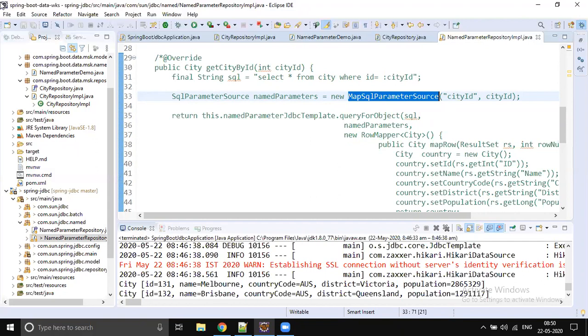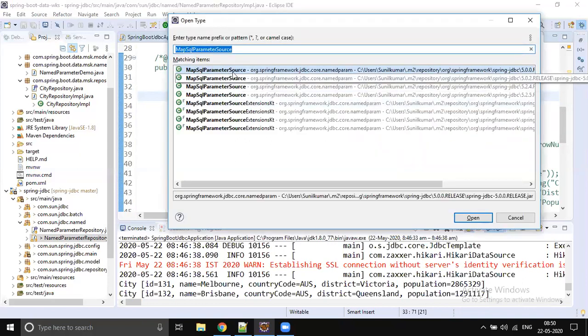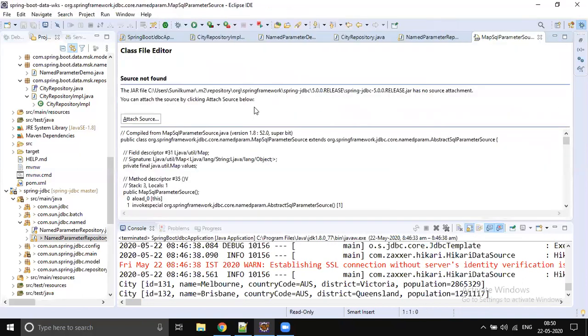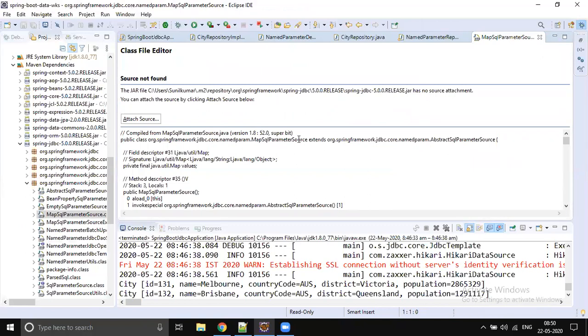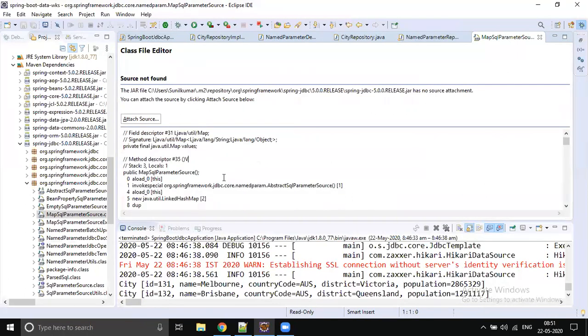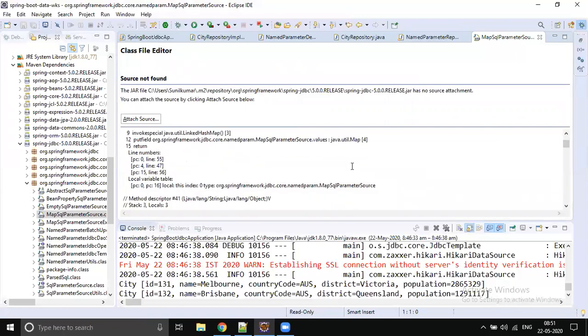In SQL parameter source, how do we do it? It's the same, named parameter put. It's a map only. It is just another implementation of map. Whatever methods are there in the map, you will get the same thing here. If you go inside, you see that it implements that map interface. You see that put method is available. So both are the same. There is no difference.